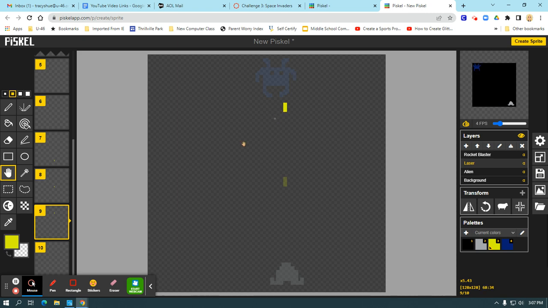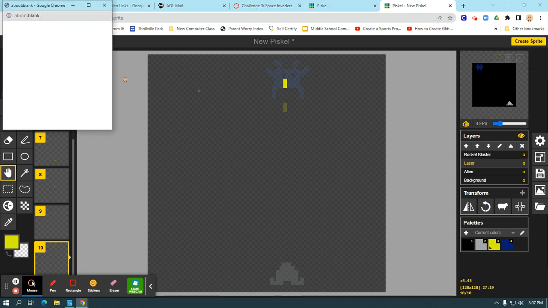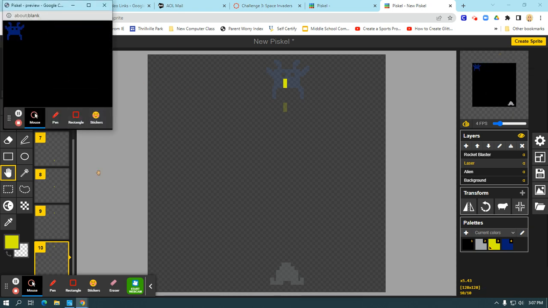Okay, now let's go to frame 10. Do a Control V again, hit Enter. Grab your laser. Did it not work? Let me just make sure. Okay, it's working. Have it go into the center of the alien. So if you look, notice the little laser. Let's see if I can make this bigger. The laser is shooting